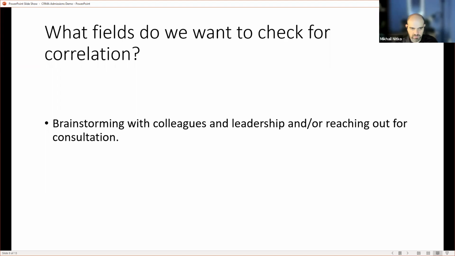So this is an important point I wanted to make. When you're creating a predictive model, you don't actually know what will correlate, and it is better to accept that there might be interesting things out there and to allow for brainstorming to happen between the people involved in your existing process of, let's say, admissions or sales to say, we want to look at all the different fields that we have, but also some interesting things like, let's look at how many SMS interactions this person had, or whether they opted into SMS or not, or what is their favorite ice cream flavor. You just don't know what will correlate. And this is a good way to look for things that are interesting and that nobody might have seen.